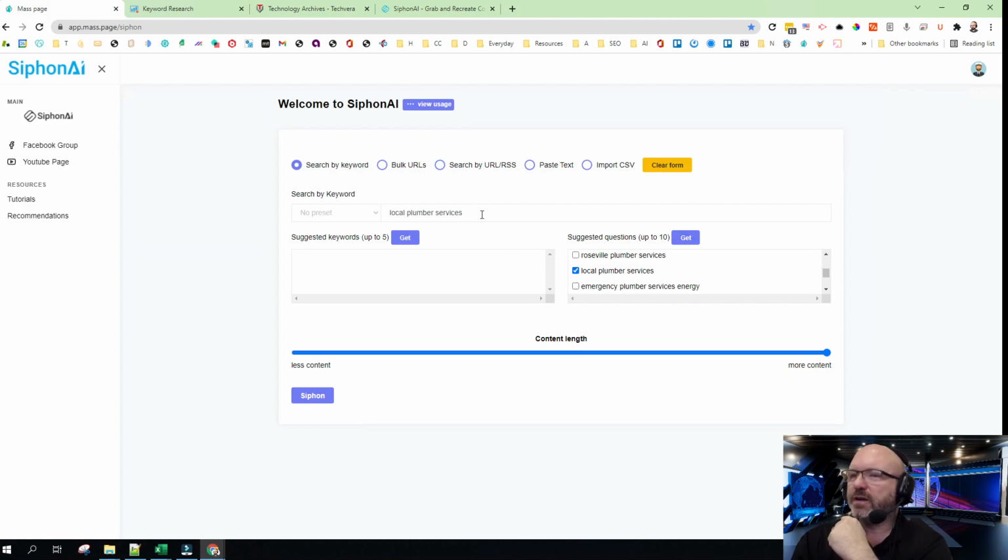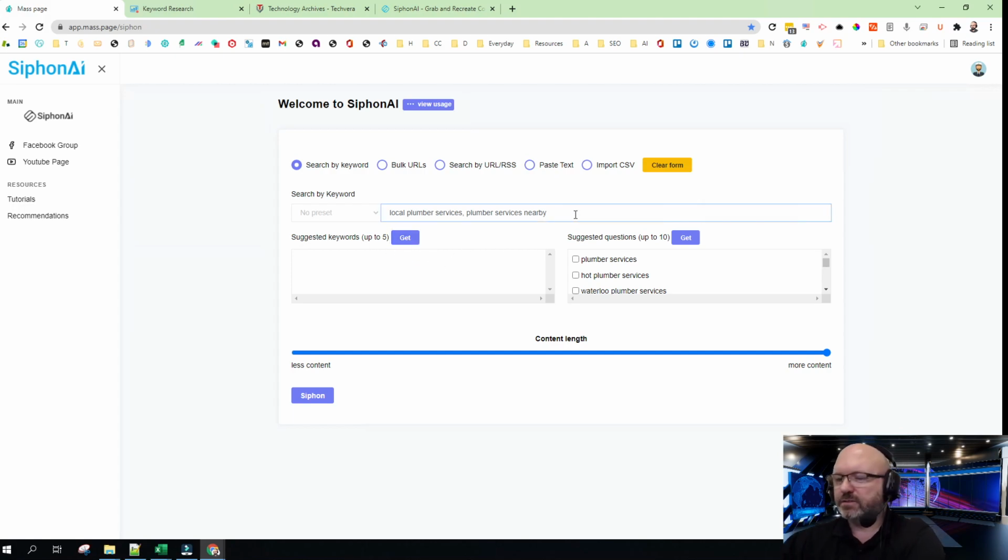And as you check mark these, it'll put a comma next to them. And so you can use this to build a query, okay? And if you're looking for additional keywords, you'd be able to do that as well. You just have to do the keywords first, okay? But you can also put in like,